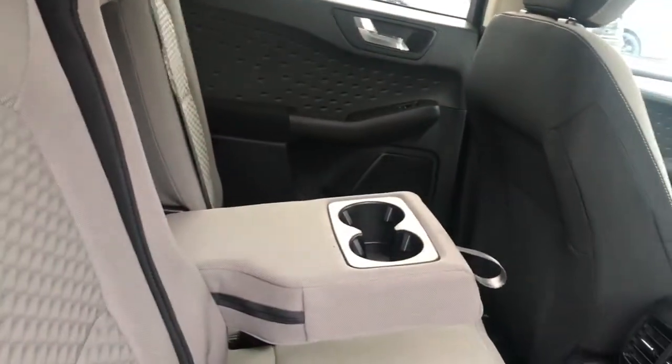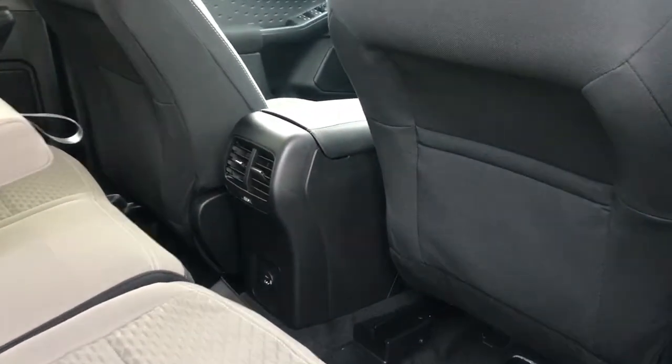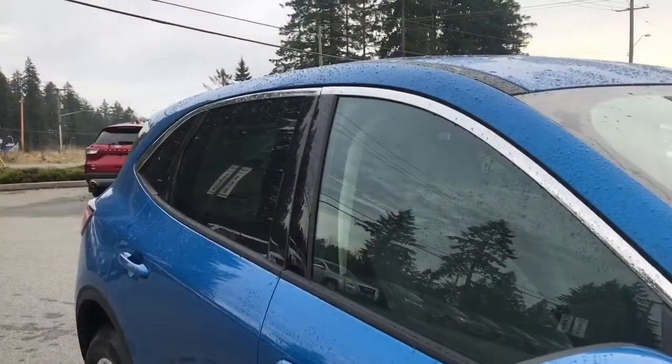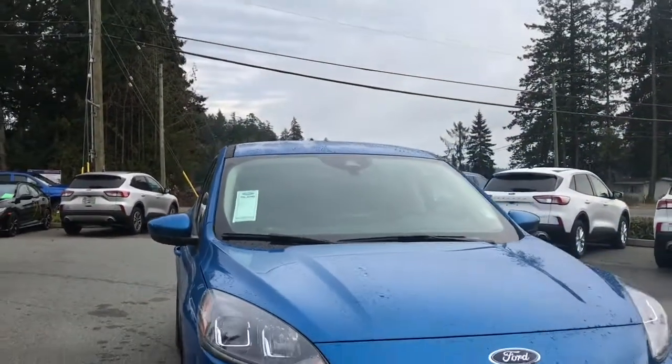In the center is an armrest with a couple of cup holders. You have these nice all-weather mats on the floor. That just keeps everything nice and clean. Slim pockets on the back of the front seat, and you've got your air vents as well as the USB and USB-C. Up above, hooks, handles, and lighting. Privacy glass in the back windows, heated and powered side view mirrors, auto high beams and they're halogen,